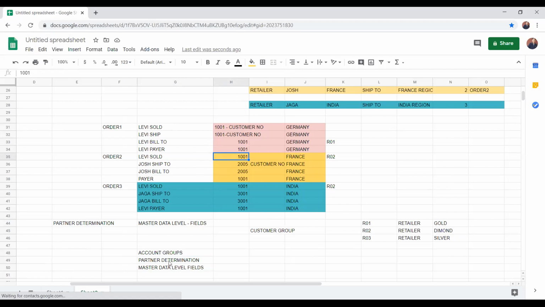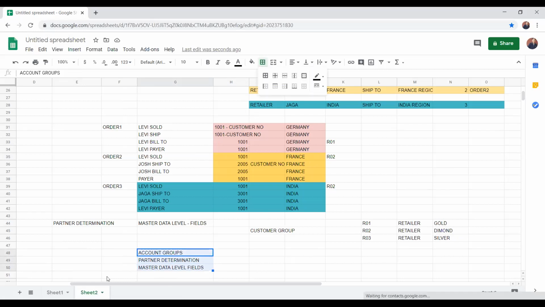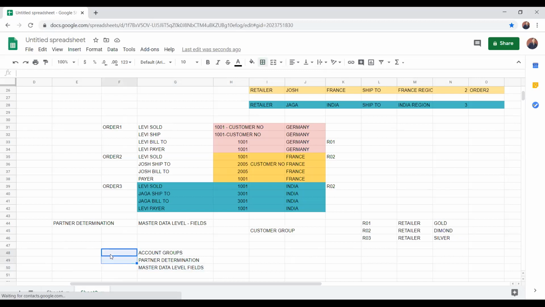And what kind of values will be there for a particular field will be controlled by your master data level fields. Now you understood the concept? So that means your customer master data is the combination of all these three things.